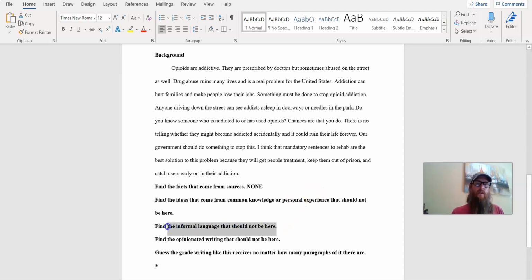Find the informal language that should not be here, right? Okay, because again, academic readers expect a certain kind of word choice. They don't want to see slang. They don't want to see figures of speech. They want to see a lot of precision. When you look at this